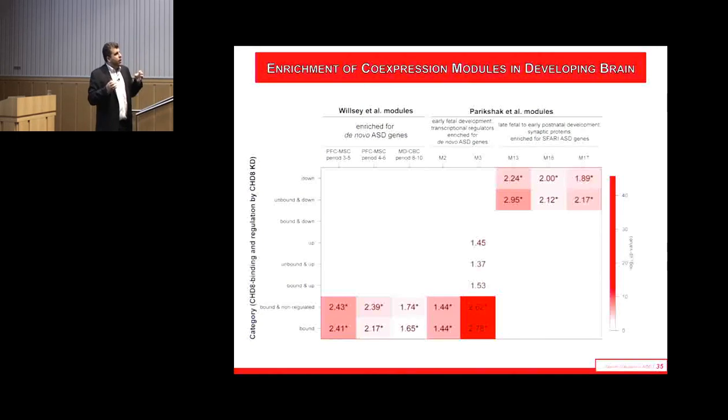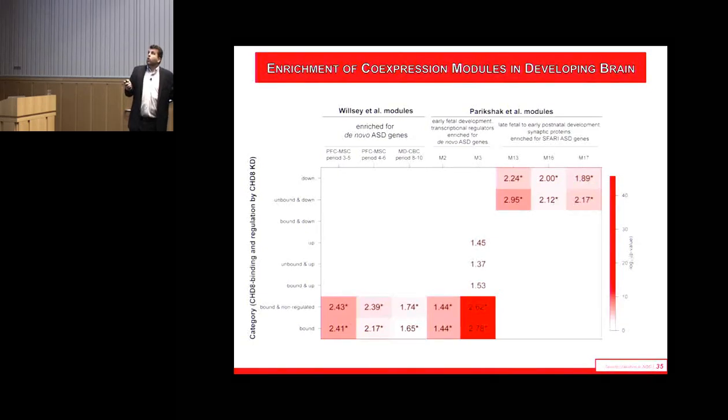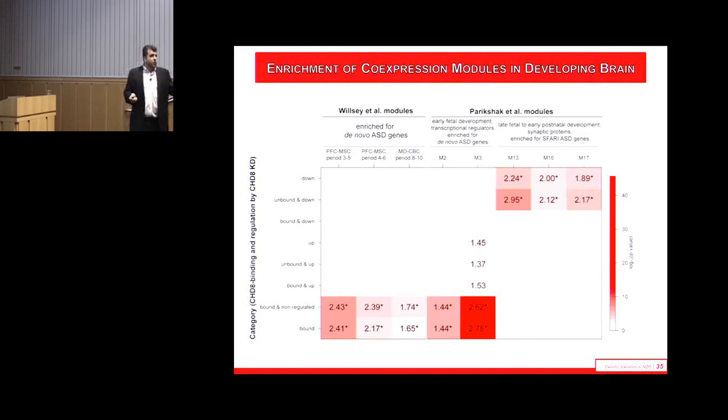And when they differed, the genes that had been associated with autism by de novo loss of function mutations were more likely to be in various co-expression modules. And the chromatin modifiers and transcriptional regulators were more likely to be early. So those highly regulatory genes were more likely to occur early in development. And when we looked at our CHD8 genes, the ones that CHD8 bound were also more likely to be in these co-expression modules. This is the effect size I'm showing you, which I guess I didn't explain before. It's a relatively strong effect. It doesn't explain everything, but it is certainly a statistically significant enrichment.